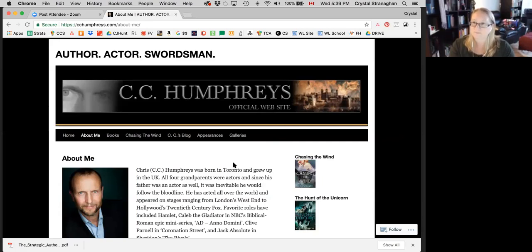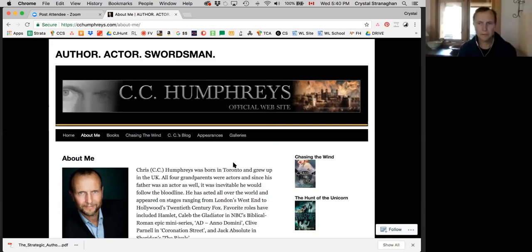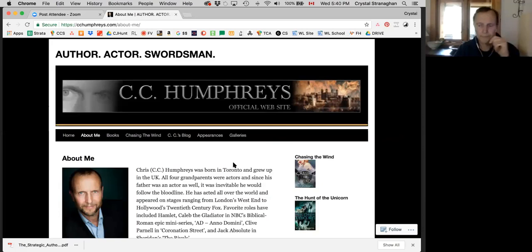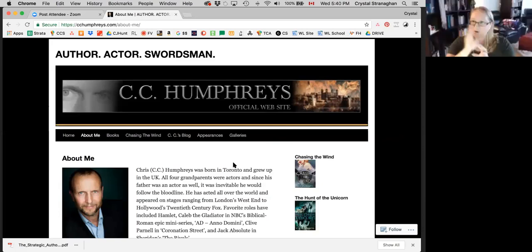It's important to remember the Z whenever you're thinking about where to put things on a website. We start in the top left, and then we read across, and then we jump down, and then we read across. So whatever is in the bottom right is sort of the last thing people are left with, but your top right hand position is your most important spot, because if people are only going to read above the fold and then they're going to click on one thing,